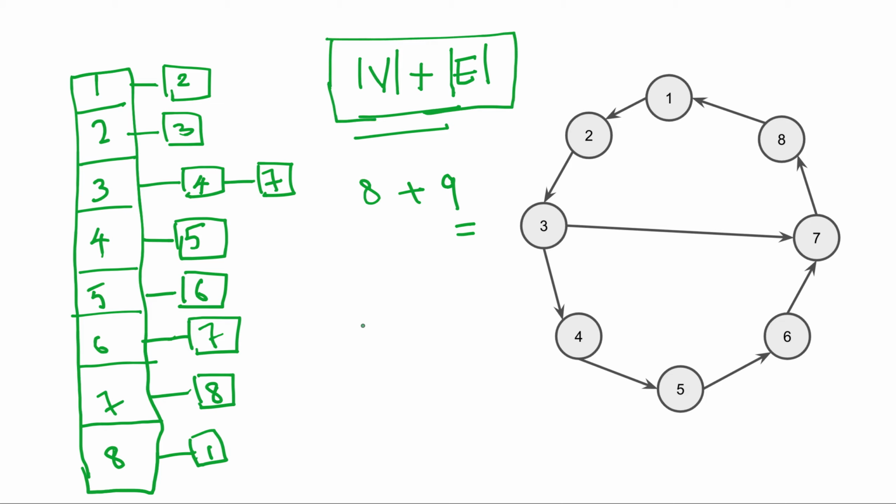So in the case of adjacency matrix, that was equal to number of vertices squared, but we will not be using most of these spaces. That is a wastage of space. So if all the elements in this V squared elements are filled, then we will call that graph a dense graph. And if the number of edges is very very small compared to this number, we will call that graph a sparse graph. I hope this is clear. Thank you.